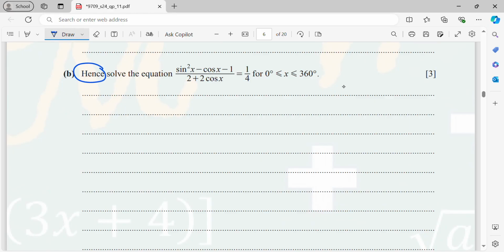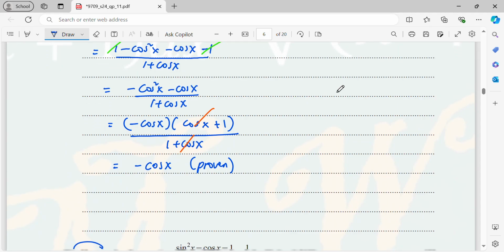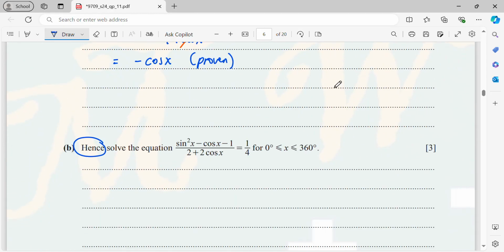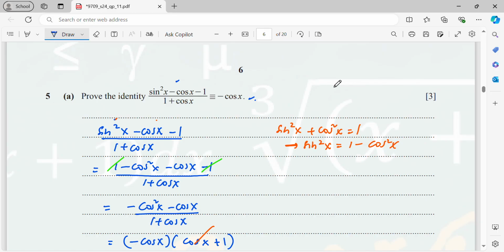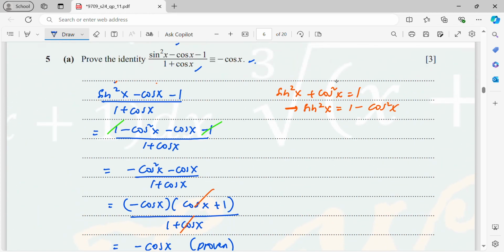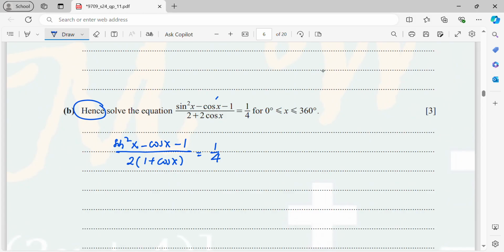B, hence means use a previous answer. Okay, now you check. The sin square x minus cos x minus 1 is the numerator, same. But then the denominator is 1 plus cos x, but now has been changed to 2 plus 2 cos x, which means now here I have to factorize my positive 2. Then I will be getting 1 plus cos x. That equals 1 over 4. And now here I know that to get this form, it will be same as minus cos x. So which means now the 2 will be moved up first. Okay, so I will rewrite